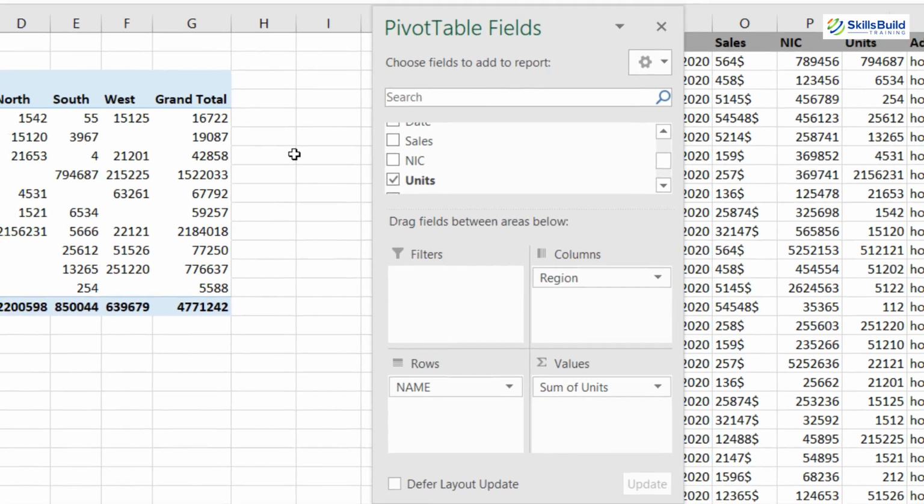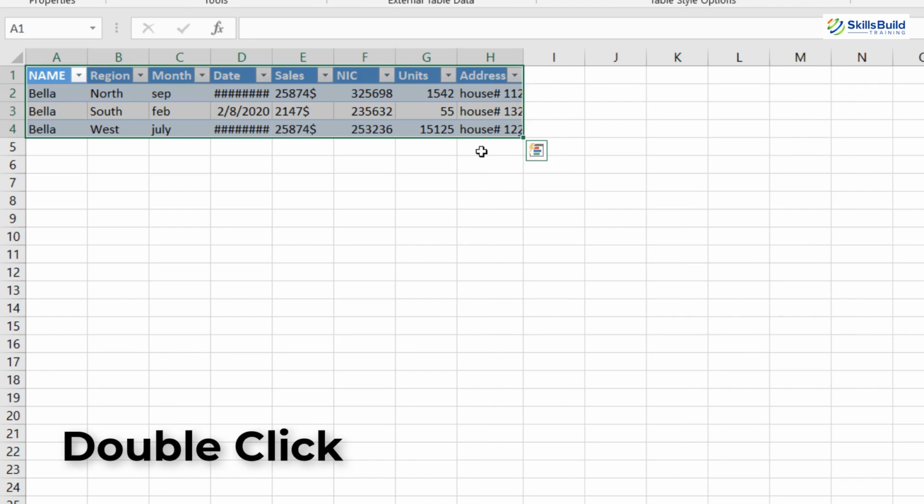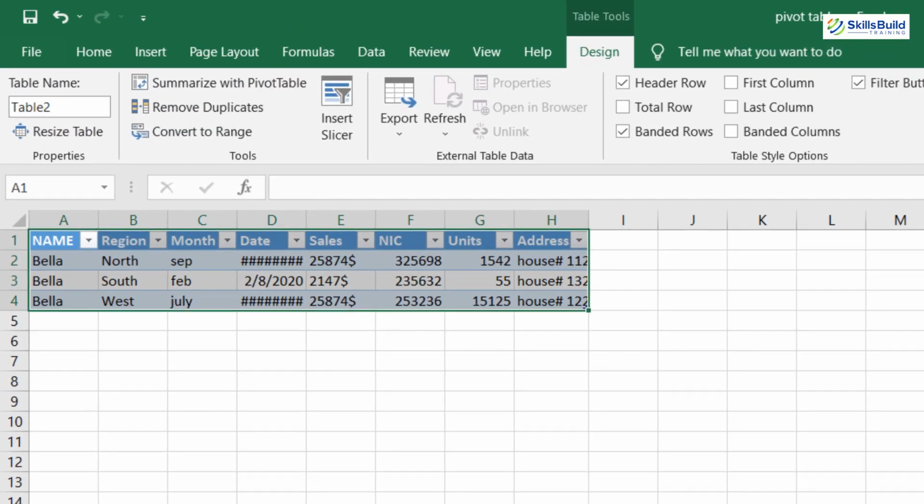Now here you can see the grand total. If you want to know which person went how many times to some region and how the grand total is like this, all you need to do is double click on this grand total, and here you can see another sheet is created, Sheet 3.